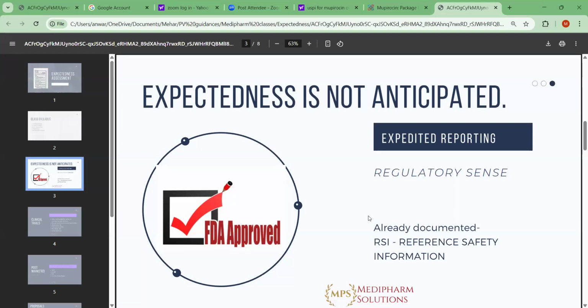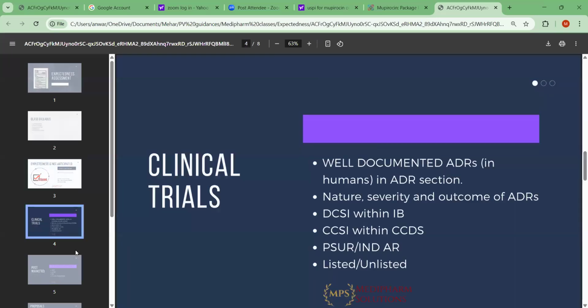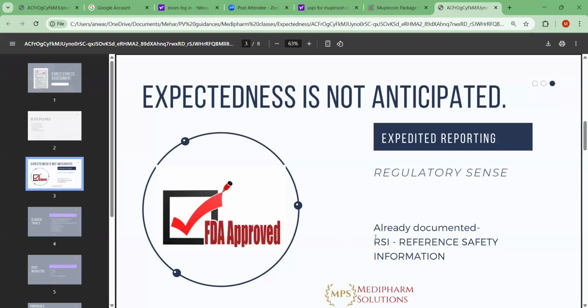How do we assess? We assess based on a well documented evidence, and that evidence is called reference safety information. It is an umbrella term. Okay, I will tell you why it is called an umbrella term. In the clinical trial, the well documented adverse drug reactions in humans. We don't consider non clinical trial, we consider only clinical trial, and the section is the adverse drug reaction section. So I told you this reference safety information is an umbrella term because the same reference safety information which is provided to you when the drug is in clinical trial is termed the investigator's brochure. Okay, so similar